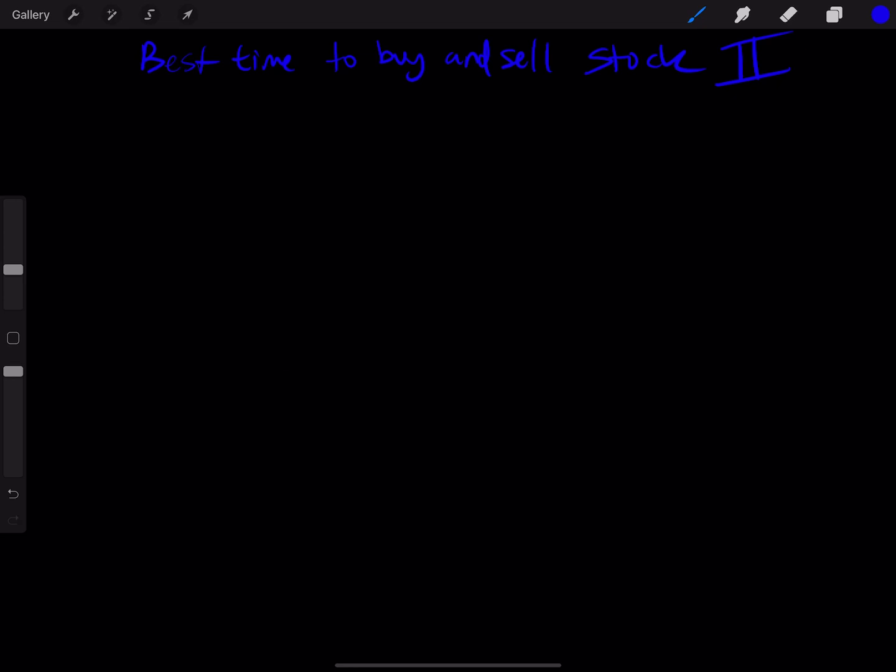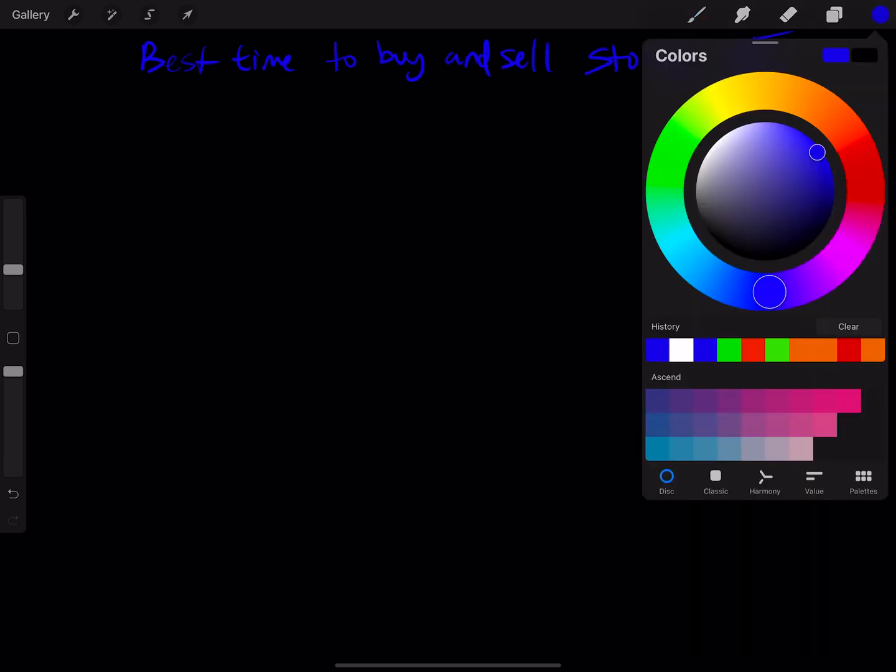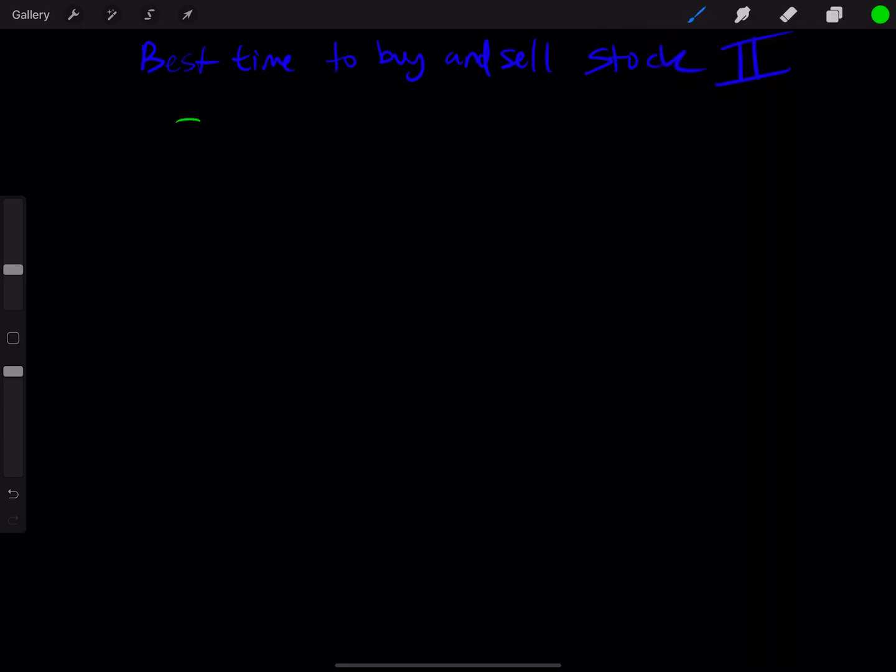So this is basically a modification of the best time to buy and sell stock 1. That's an easier problem. With this problem, one of the easy ways to solve it is by drawing it out. So let's draw out 2 of the examples. One of them, 7, 1, 5, 3, 6, 4. And the second one, let's do 1, 2,